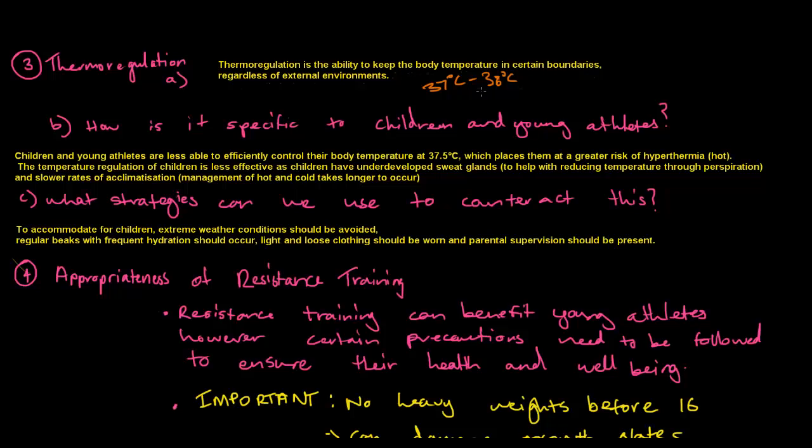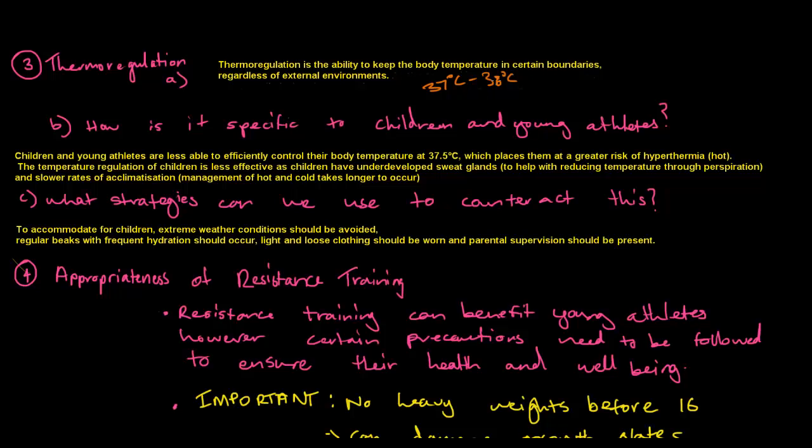So they can't actually just train inside an area. Oh, wait, let me just try and define acclimatization first for you guys. Acclimatization is when you train in a specific area to match the environment that you're going to be actually playing in. So I could train in a very, very hot area because I know that my actual competition or sport is in very hot conditions. Therefore, our body will get used to that temperature. Well, children cannot actually do that effectively, at least. They have slower rates of acclimatization, so they can't get used to the climate as quickly as adults can.